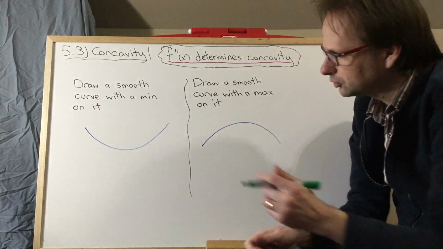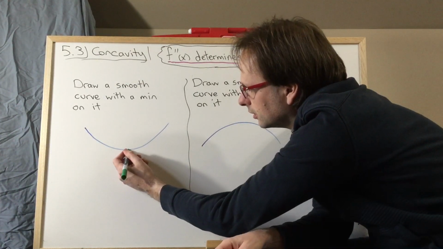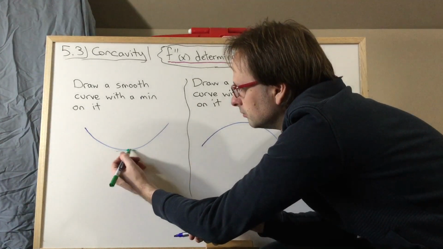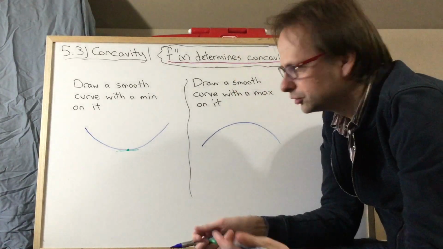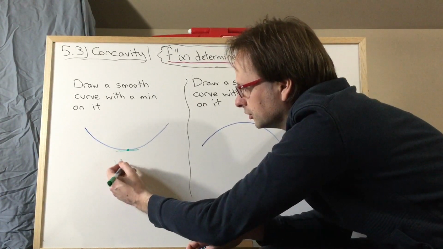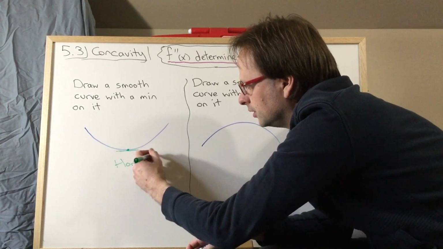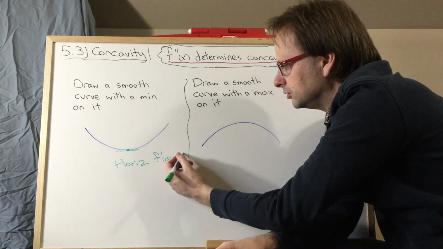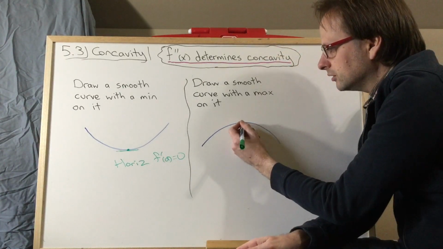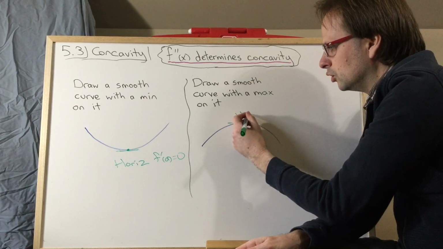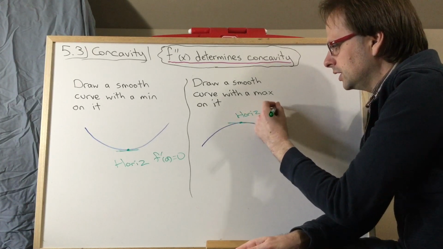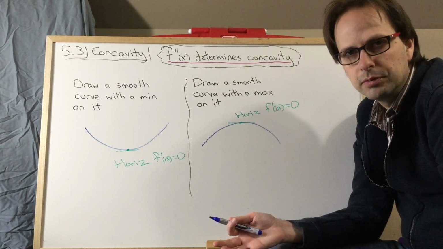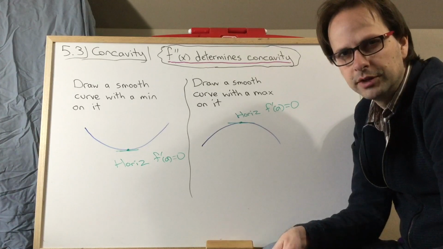And if I look at those extreme value points, like this one right here, there are a couple of things I can notice. Number one, it's horizontal at that point, or its first derivative would be 0. So it's horizontal. F prime at whatever that value is, let's call it A, is going to be 0. Same thing with the max. Horizontal, F prime is going to be 0. And that's no surprise. We've been hunting down those critical values of the first derivative for a while to find